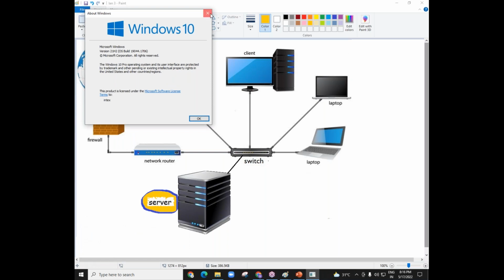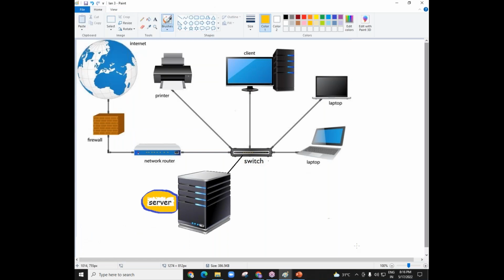But coming to server, it is a terminology which is a bit confusing for many people. So when I say server, it is a hardware machine and server is an operating system also. Okay, so normally when someone is asking you a question on which server you were working in your previous company, then your answer should be I was working on Red Hat server.